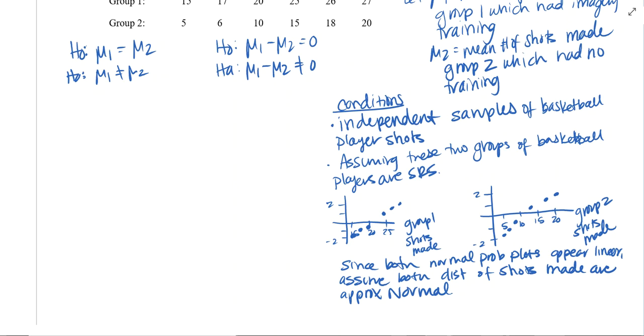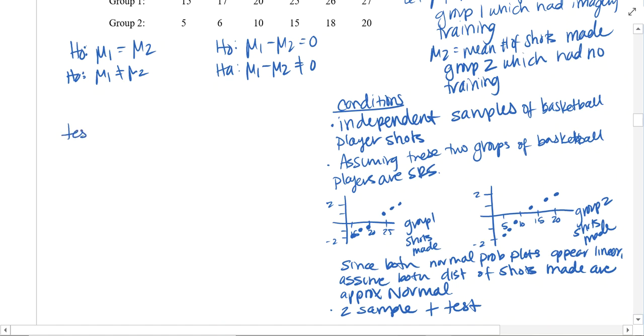Okay, so now we're going to do our test statistic. So this is, oh, let's put that over here. We're doing a 2 sample t-test. That's all we do with the 2 sample information. We just have this sample standard deviation. That's how you check. That's what we've been doing this whole time.